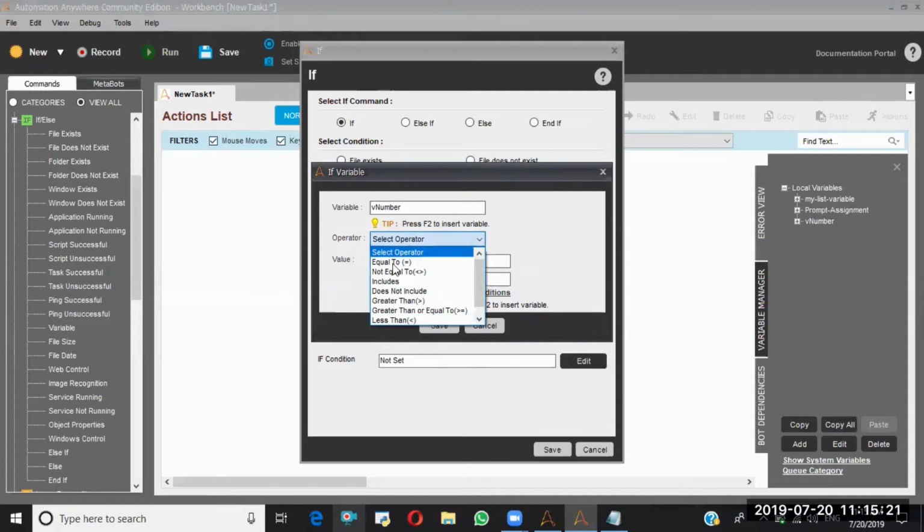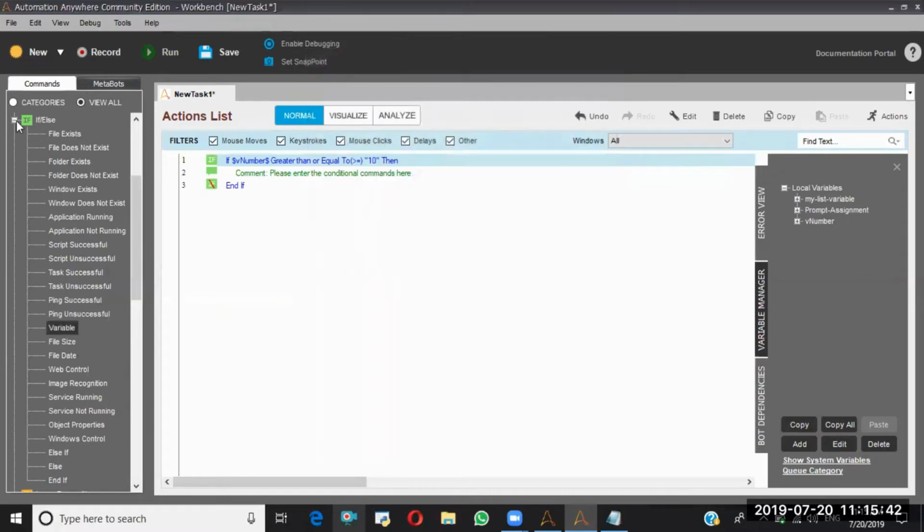See, equals, not equals, includes, does not include, greater than or equals, less than or equals. These many statements are there. Now I want to check whether this v number is greater than or equals to 10.